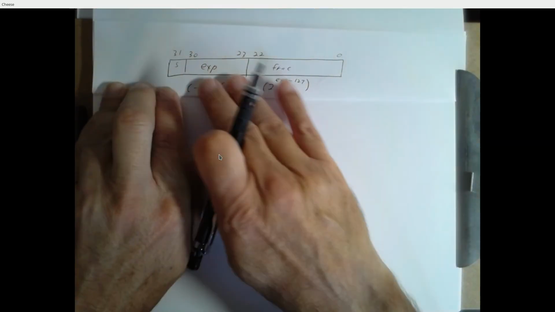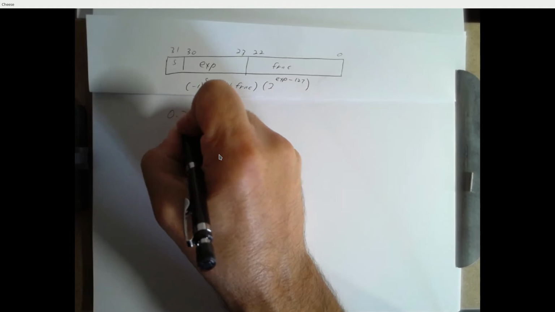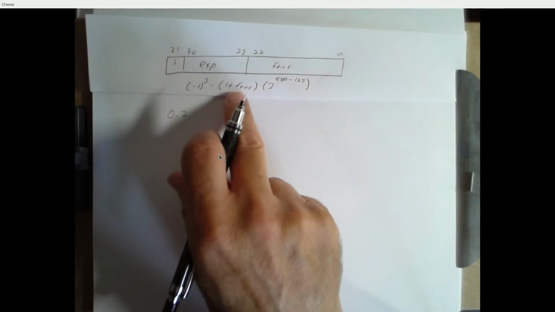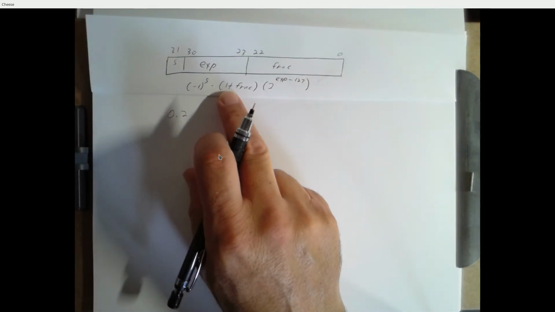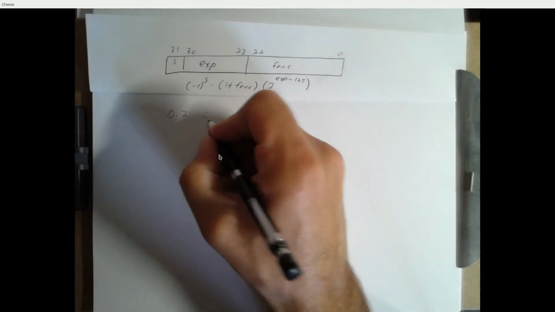So we took a hex number and we converted it into a floating point. Let's go the other direction. Let's take a floating point number, say 0.2, and convert it into this floating point notation. So 0.2, well, we want to represent it as something times 1 plus a fraction times a power of 2. And we want our fraction to be something that is bigger than or equal to 1. So 0.2 equals,